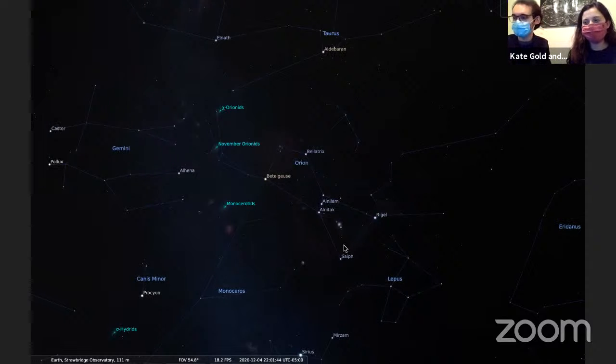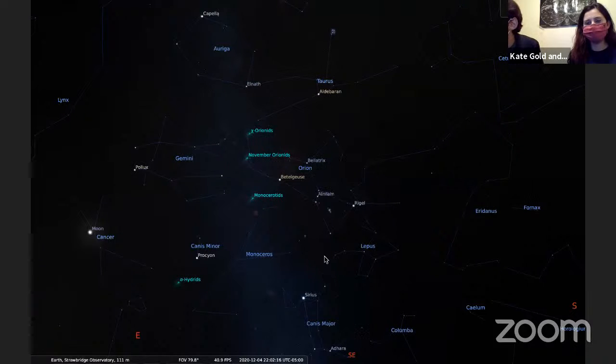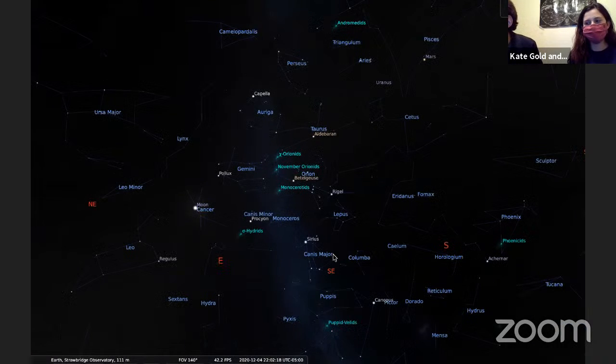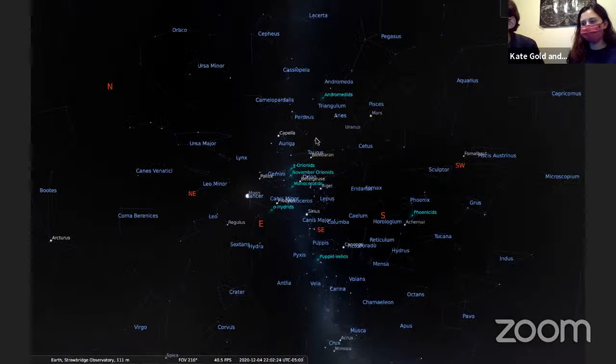Yeah, I've just also pulled up Orion here, which I'll add that I also really like Orion for a lot of the similar reasons. It's very easily noticeable. I can see it from my room back home in the winter, which is a plus. A close second is Cassiopeia, another pretty easily recognizable constellation, the big W in the sky. If I can remember where it is in relation to Orion. Here we go.